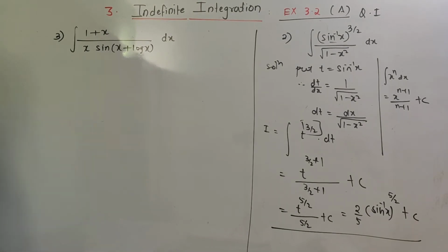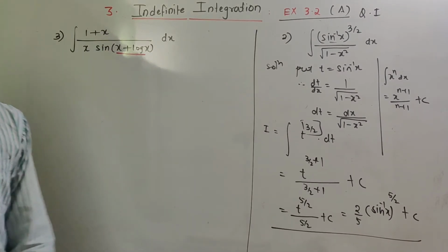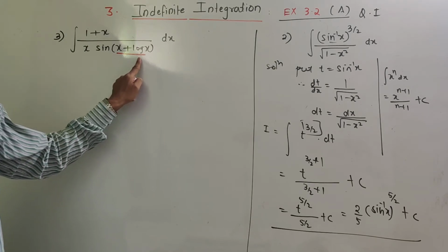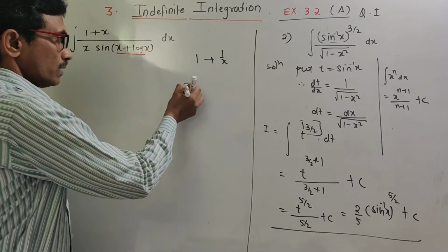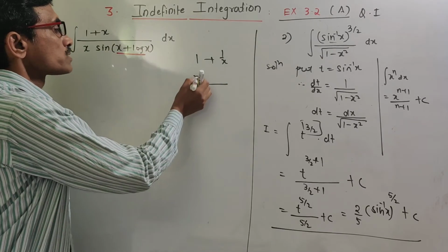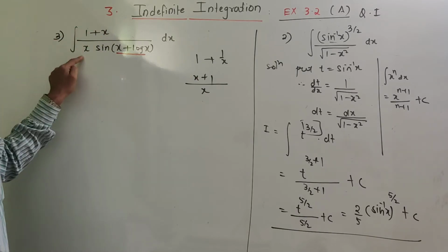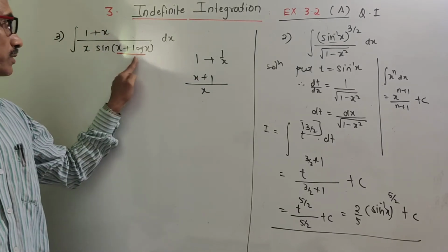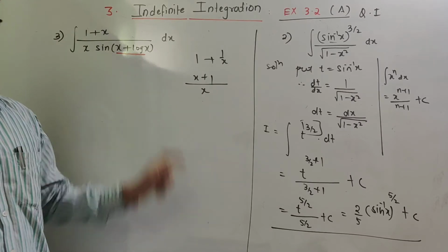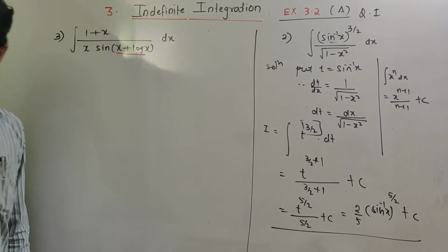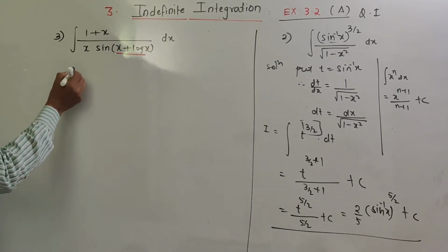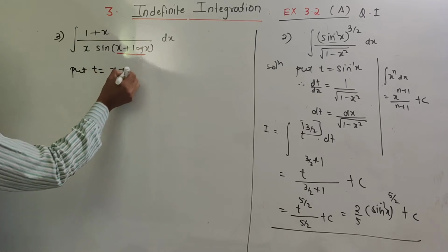Next question, that is the third question. Here we search which function is the derivative. Here x derivative is 1 and log of x derivative is 1 by x. So 1 plus 1 by x after simplification, LCM of the denominator is x, which is there, 1 plus x upon x. So therefore we must substitute t is equal to x plus log x. So we substitute t is equal to x plus log x. यहाँ पे आपका substitution होगा put t is equal to x plus log of x.